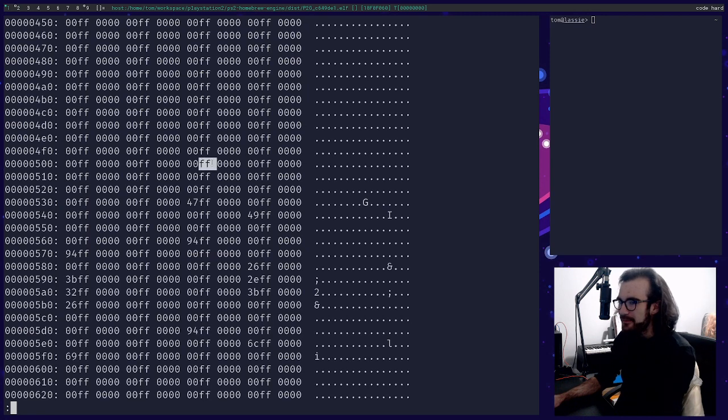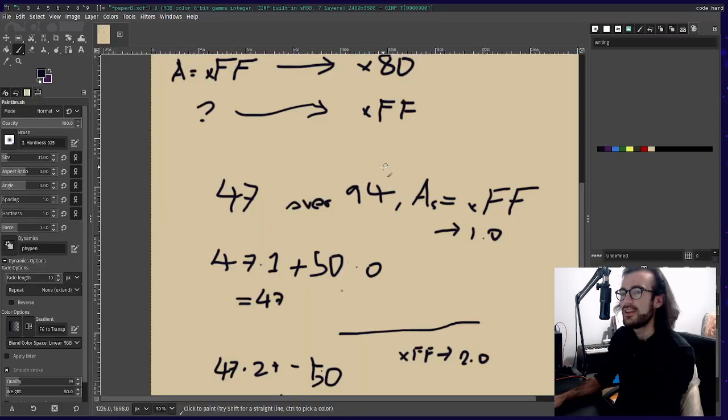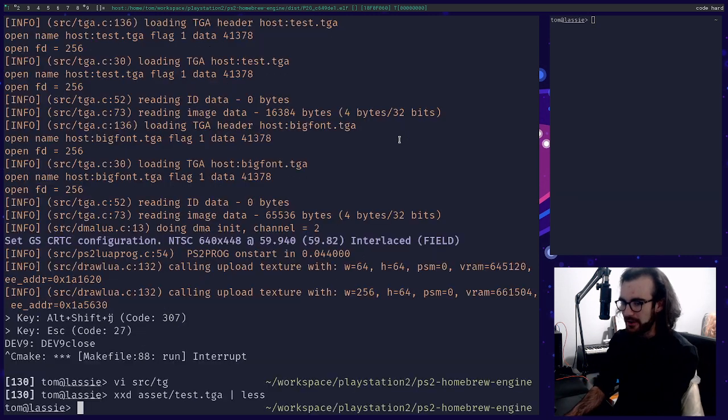And all these pixels that are FF, they're not going to be represented in the way that we want them to. TGA maps this on a range of 0 to 1. We need to crunch this down. We need to halve the range. So every FF needs to become an 80, and every 00 needs to stay as a 00, only in the alpha channel, and then everything that's halfway in between needs to be halfway. So if we had hex 80 here, it would become hex 40, right? We need to crunch it all down to half the range. We can do this. It's not that hard. So let's do this properly, right? We half-assed it last time. Let's go into our TGA loader.